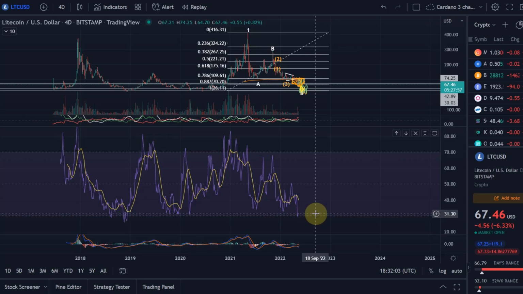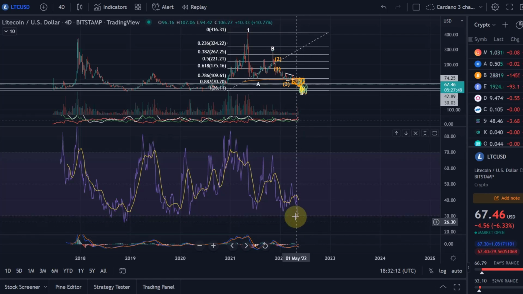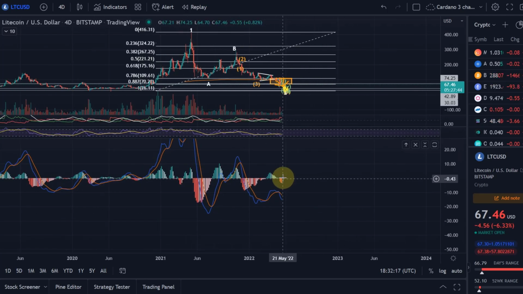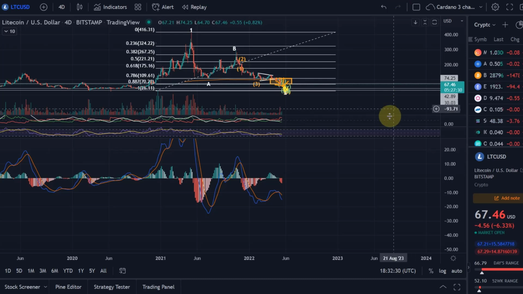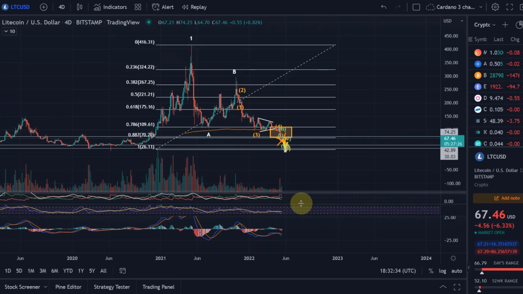On the 4-day chart, which is very meaningful, you also see the RSI very low, indicating downtrend. Nothing else does this indicate. We are very low, so there is no strength of the bulls at the moment. And here the MACD also created a bearish crossover very recently, and it is pushing further down. The downward momentum is not stopping at the moment, so this also gives me the idea that the downtrend isn't over yet. And this is the TA about Litecoin.